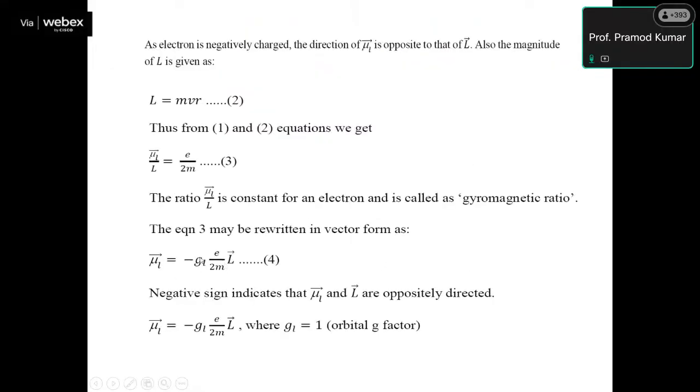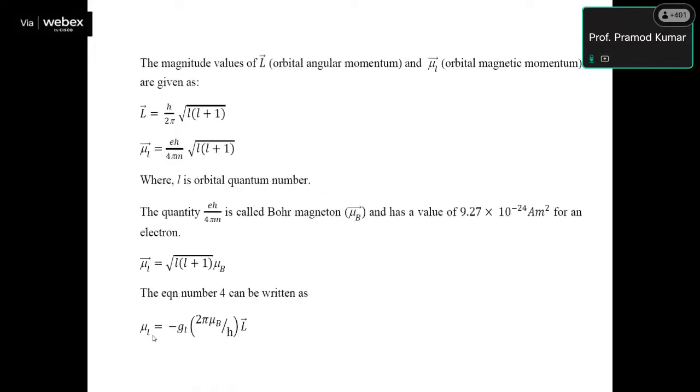So μL, because this gyromagnetic ratio gL is basically for this orbital motion, it's always equal to 1. So specifically we will get this equation whenever an electron is moving in a circular orbit in the Bohr radius. Here, because this angular momentum is quantized, so the quantized behavior, and that one has a relation with the orbital quantum